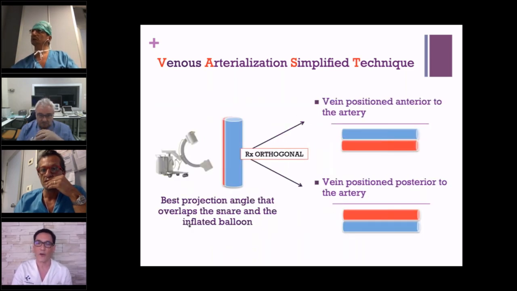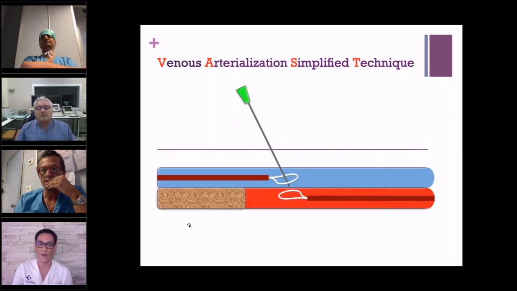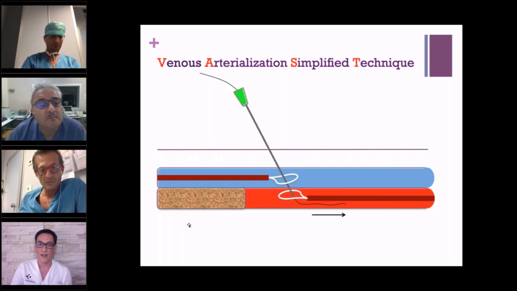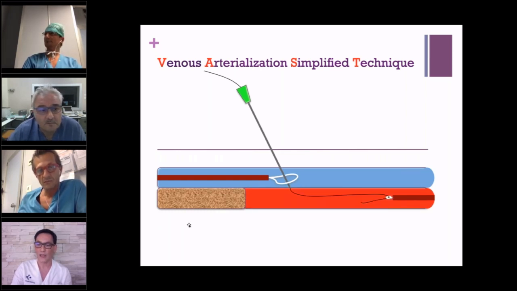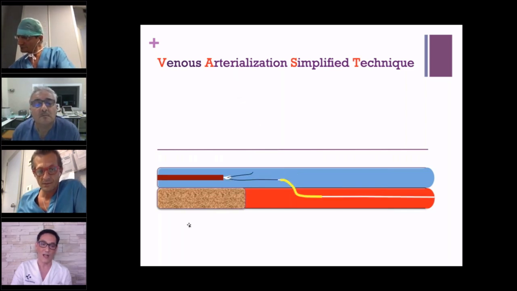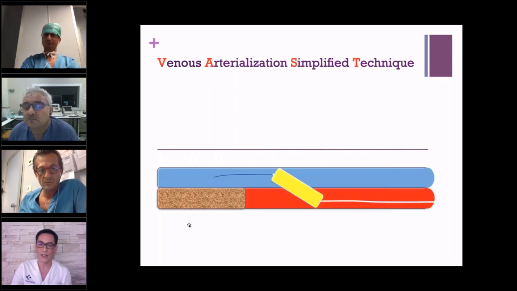So we will perform an orthogonal view in order to assess the position of the vein with regards to the artery. And in this example, the vein is above the artery. You have both the snares overlapping, and thereafter we will perform a percutaneous puncture with a 21 gauge needle through both the snares. We pierce both the snares. Thereafter, we will progress the 014 wire. We'll close and withdraw the arterial snare, progress a balloon catheter, close and withdraw the venous snare from the axis at the level of the ankle, break into the vein, and secure the axis with balloon dilatation.